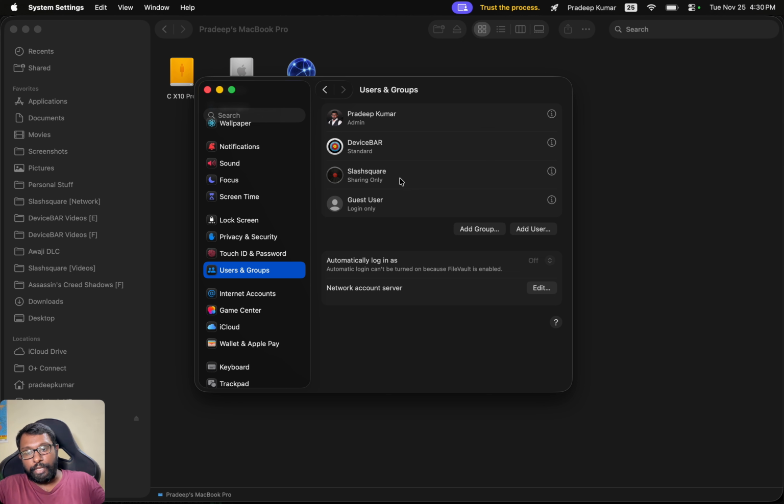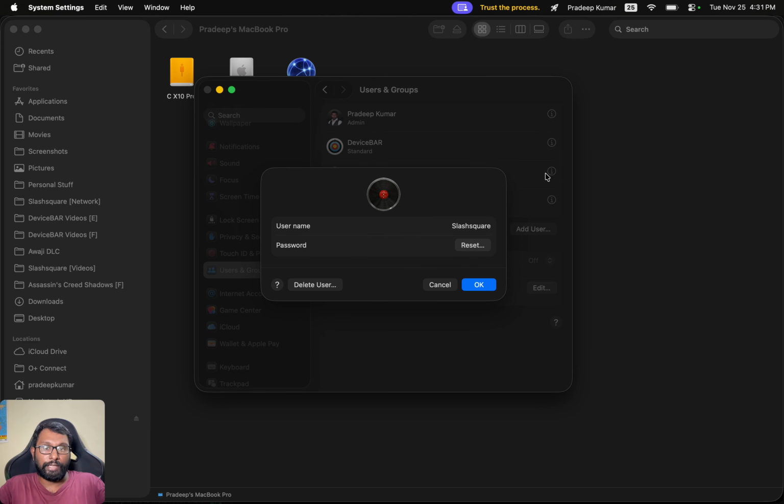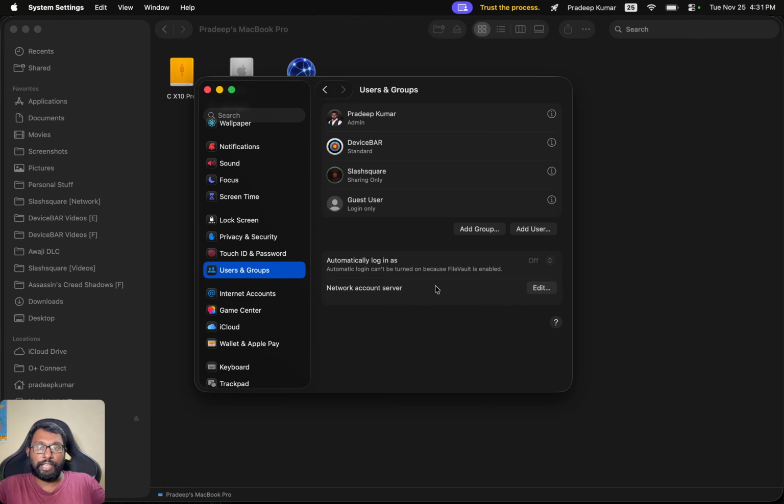Next one, sharing only. Sharing only account won't give us any Mac login access, but we can access the shared folder and files. And finally, we have a guest user account. This is a place where we can do temporary tasks, like we can browse the web, use the available Apple apps, and we have to forget about everything when we log out. That's all. So to create or enable guest user account on our Apple macOS device, we have to go to